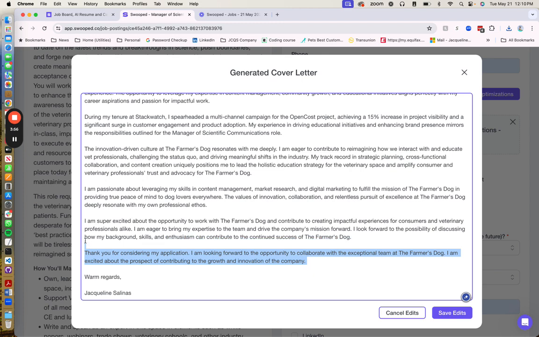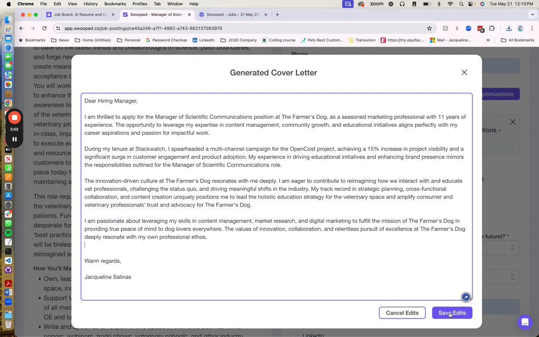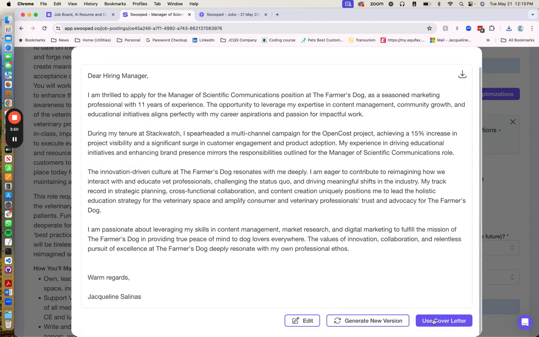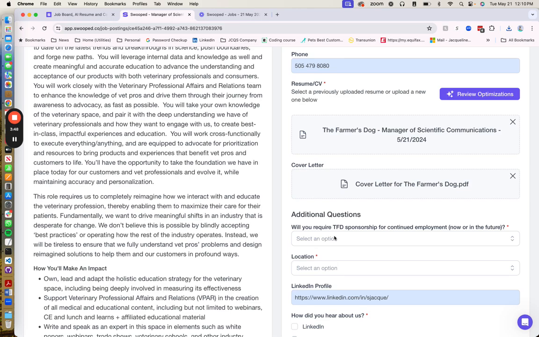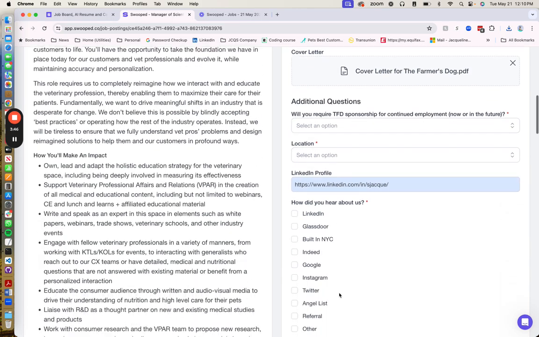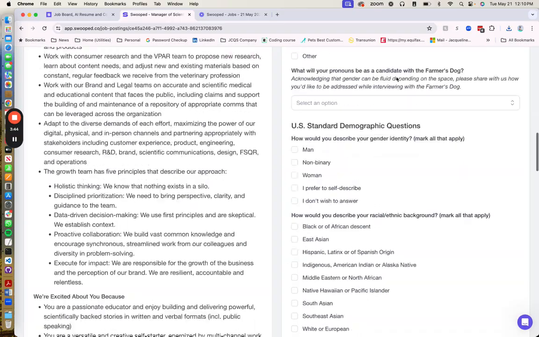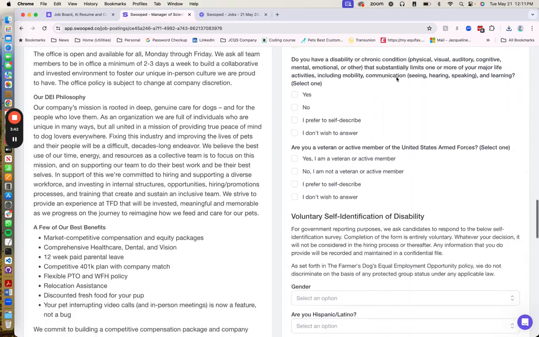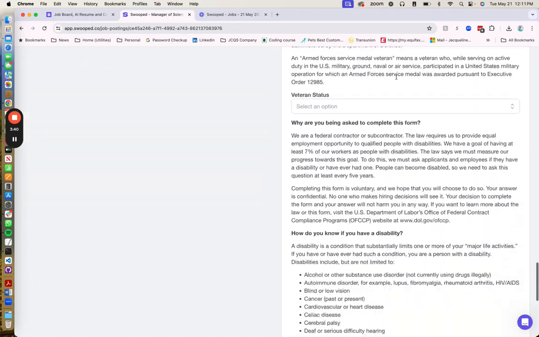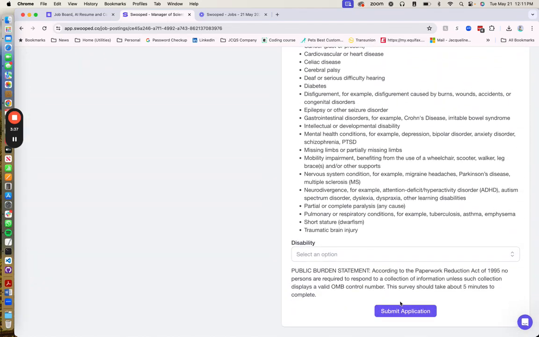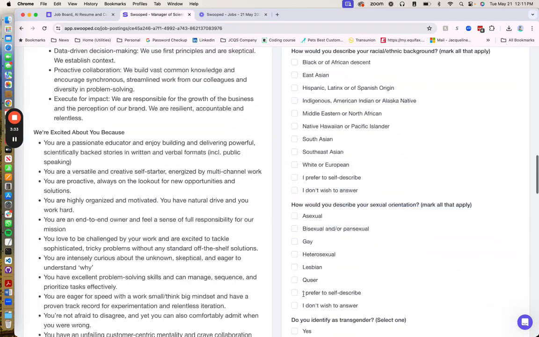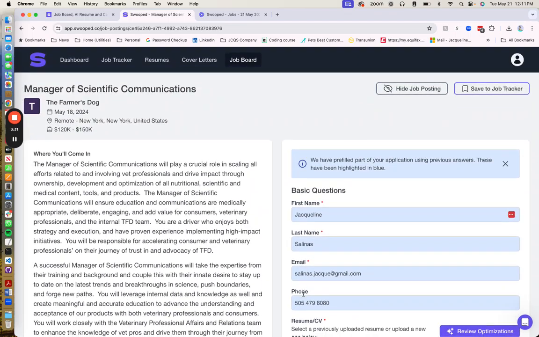So you can see, you can go in and just say, okay, we don't need any of this. You can hit save edits, and then you can use the cover letter. Okay, now you go and complete the rest of this application as you normally would, and then you would hit submit application. And that is how you leverage the job board and can submit applications directly from the Swooped platform,